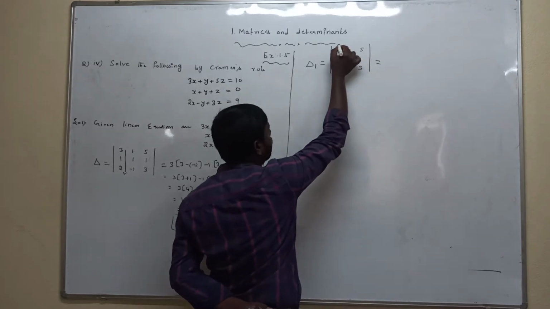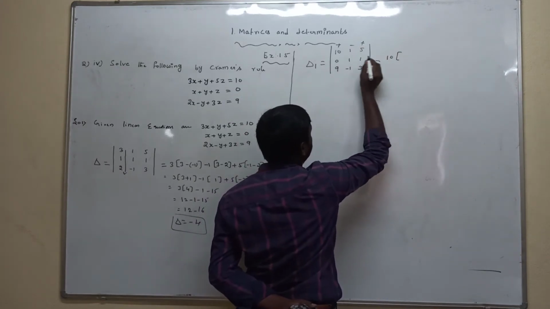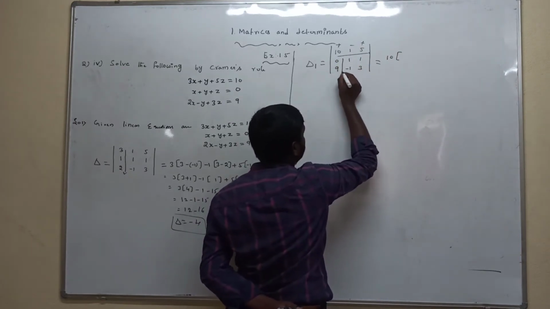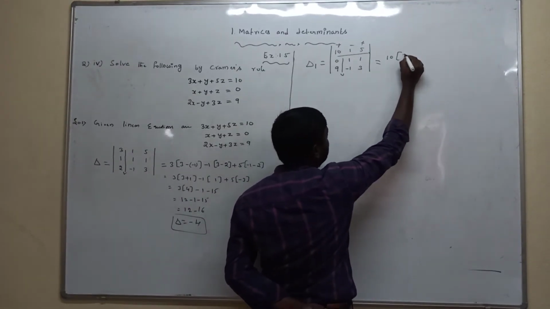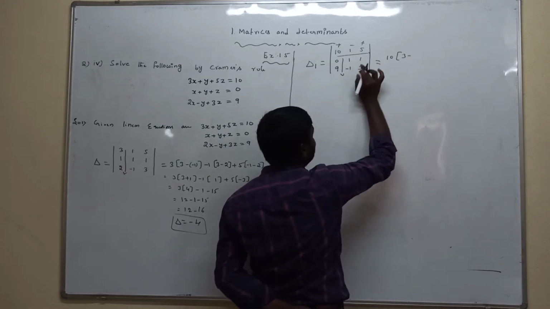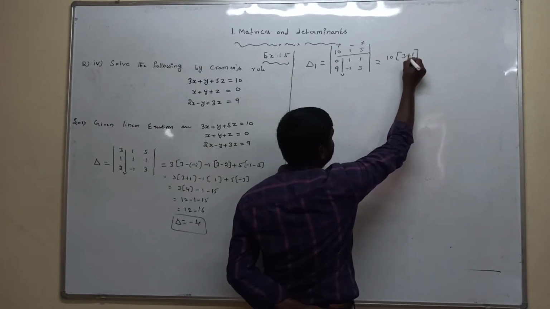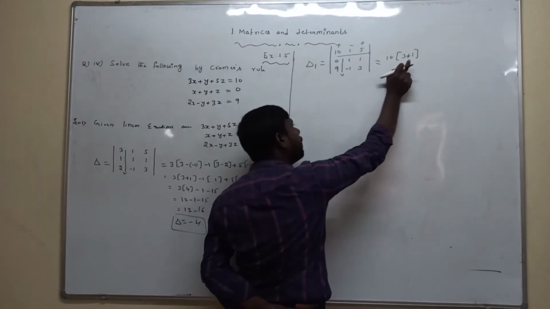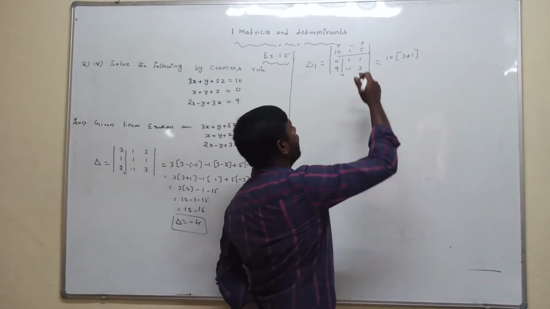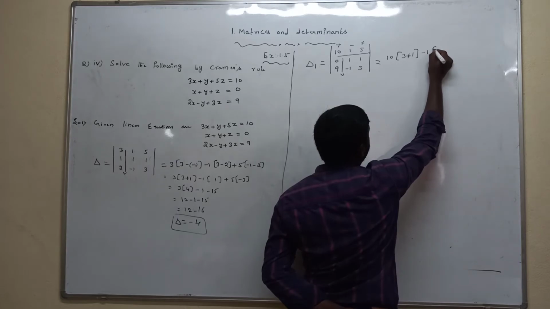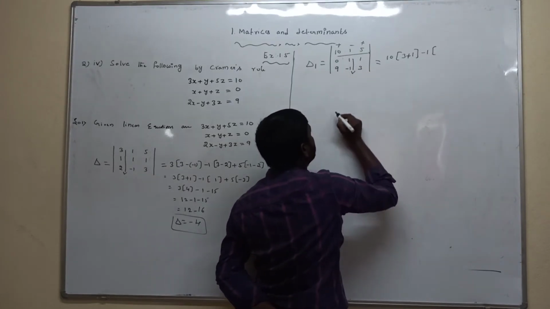Find this determinant. Signs are plus, minus, plus. First element is plus 10. 10 is present in the first row, first column, which are eliminated. Cross multiply the left of the elements. 1 into 3 is 3. Minus 1 into 1 is minus 1. Minus or minus, plus 1. Next symbol is minus, element is 1. Minus 1 is present in the first row, second column, which are eliminated.